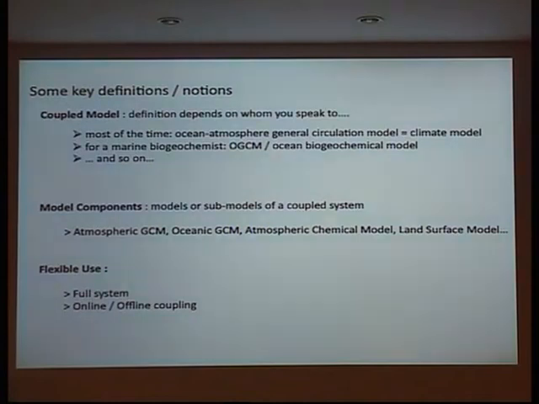So when you hear about coupled model, of course, the definition strongly depends on whom you speak to. Most of the time, if you speak to a climate scientist, the coupled model is only the ocean-atmosphere general circulation model. So that's the climate model. And those have been among the first coupled models in the way we speak about them today. If you talk to marine biogeochemists, then a coupled model is a coupled physical-biogeochemical model. And if you talk to Bopp, for example, a coupled model will also be something else. So we need to be very precise when we talk here within different communities about what we mean by coupled